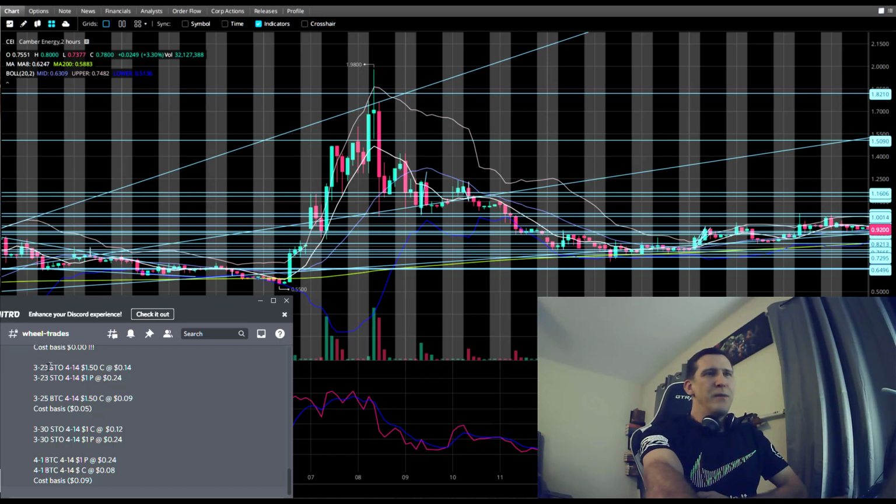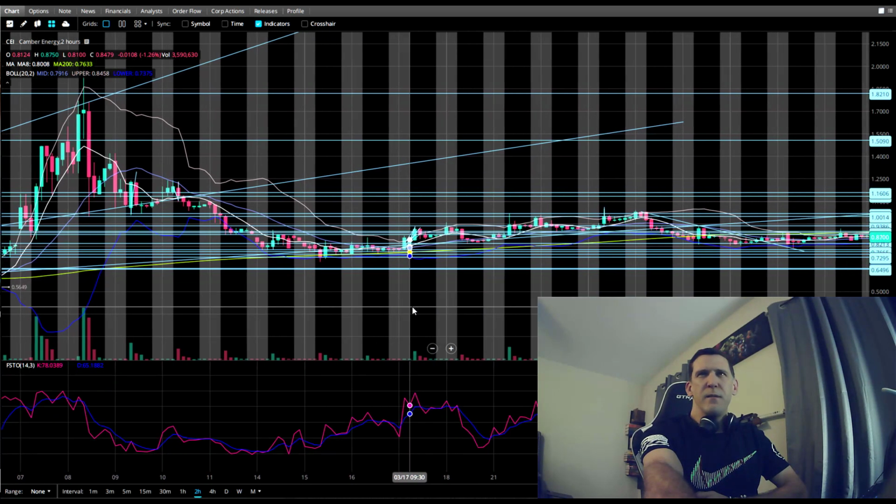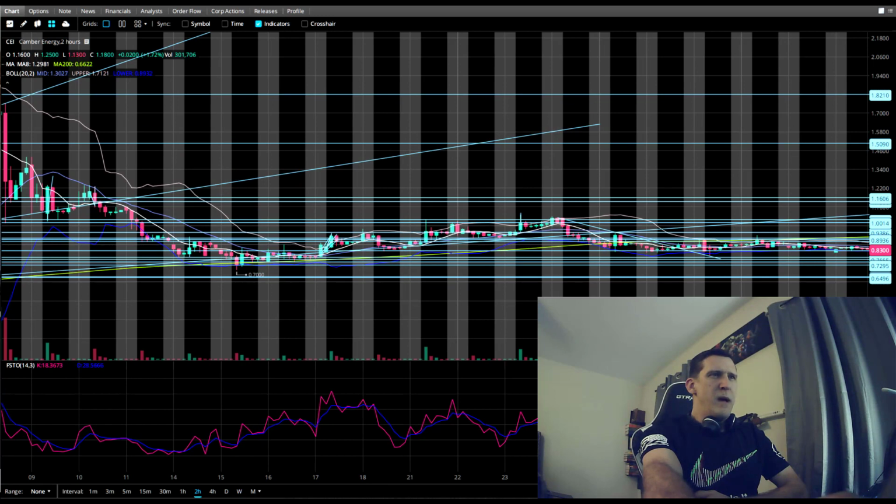the 23rd. So let's look at that on the chart real quick. On the 16th, I was able to buy back that dollar covered call for 6 cents. Okay, so the 16th is, let's see here, over here, 14, 15, 16. It's trading around 78 cents a share. It stayed there for most of the day. Pretty flat day on the 16th, okay? So let's get back to,